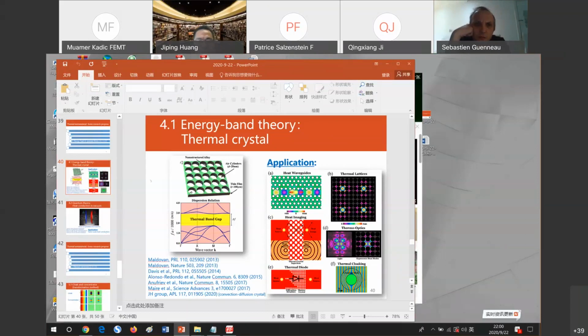Okay, I think actually to me, this is not new enough. According to this paper, we designed a thin film. The film is about 100 micrometers, and then this film is distributed with many air cylinders. The diameter is about 20 nanometers. So he obtained a similar crystal like this one. This is the whole thing.